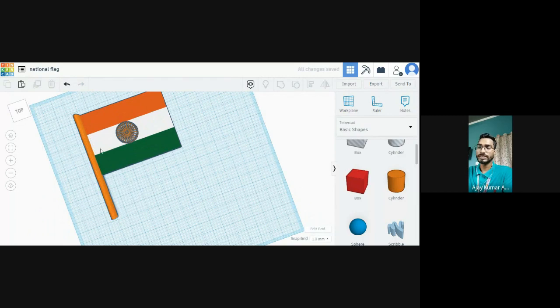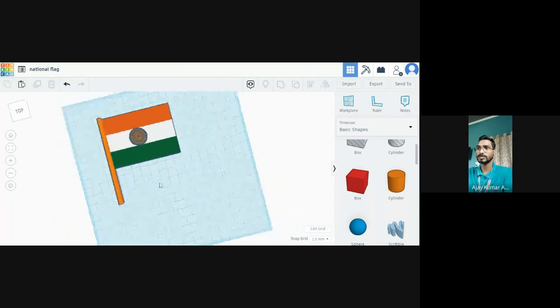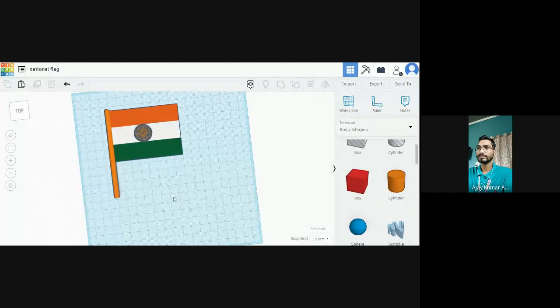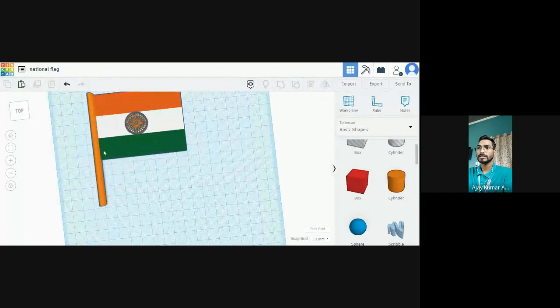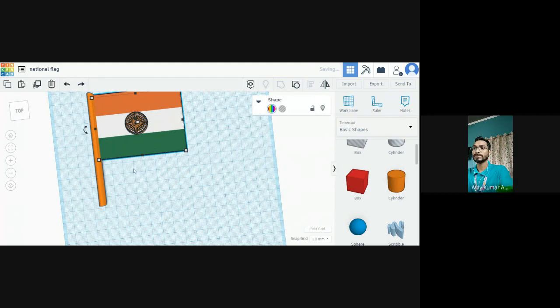So according to the figure, you can just adjust the length of the pole, supporting pole. Okay, so this is the figure. Is it okay? So I think we have not changed the color of flag. Okay, so we can just change it later on.